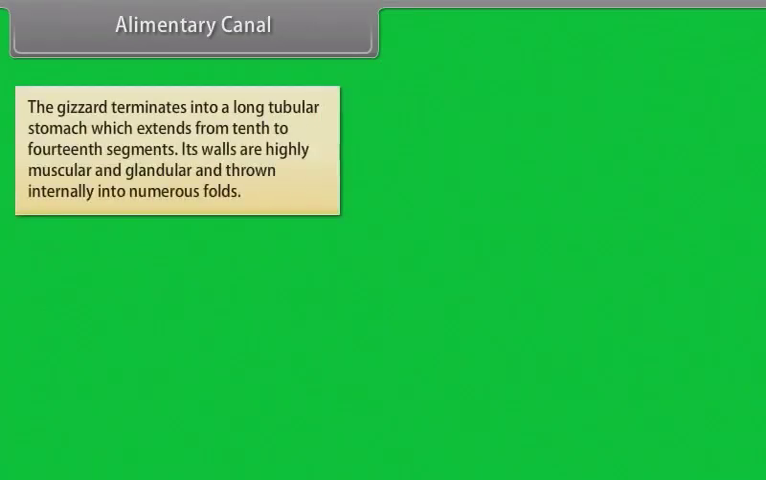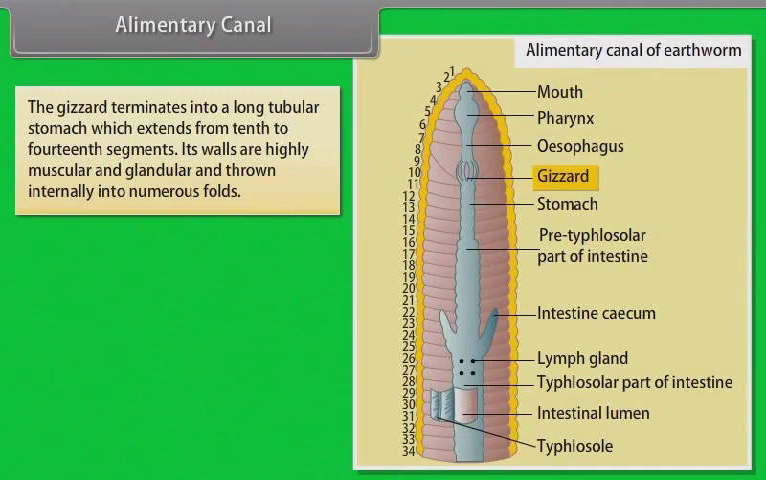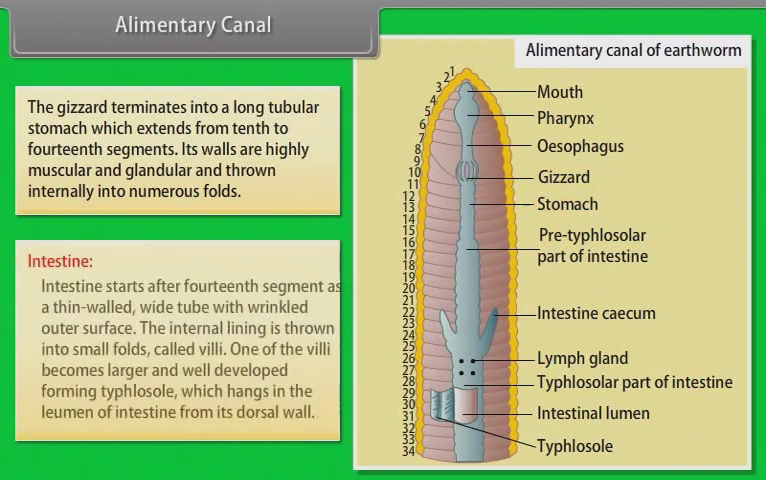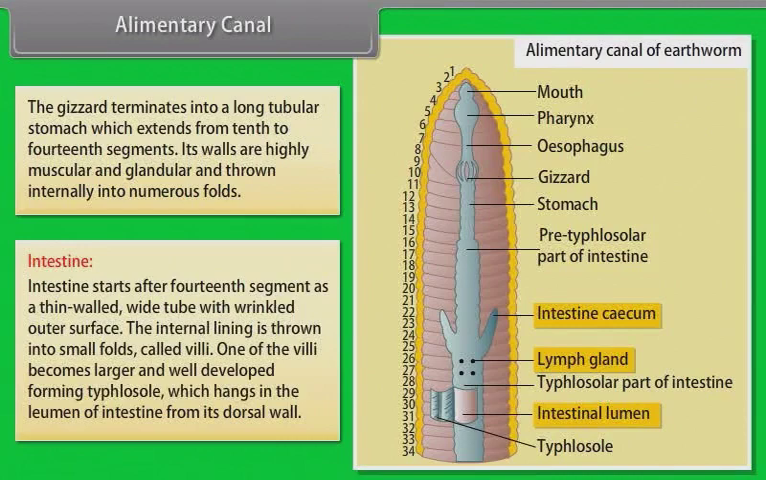Alimentary canal. The gizzard terminates into a long tubular stomach which extends from 10th to 14th segments. Its walls are highly muscular and glandular and thrown internally into numerous folds. Intestine. Intestine starts after 14th segment as a thin-walled white tube with wrinkled outer surface. The internal lining is thrown into small folds called villi. One of the villi becomes larger and well-developed, forming typhlosole, which hangs in the lumen of intestine from its dorsal